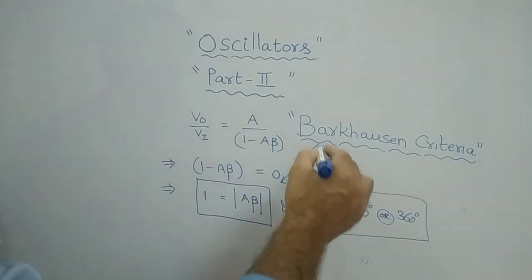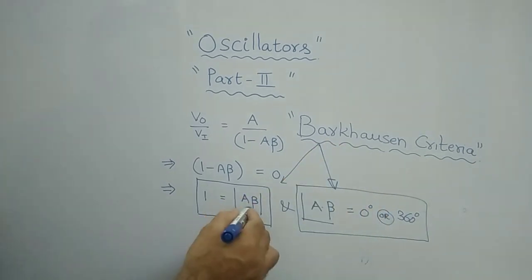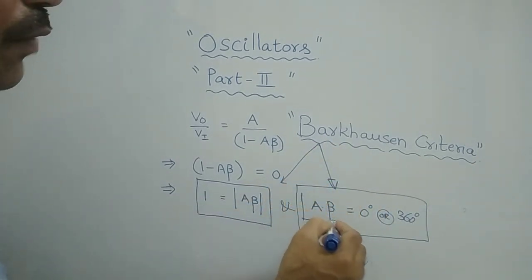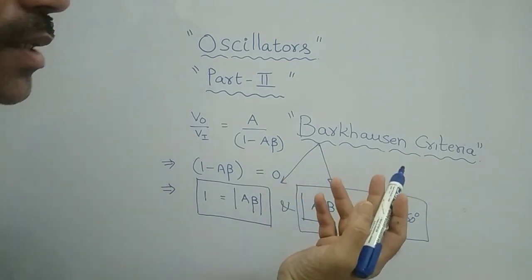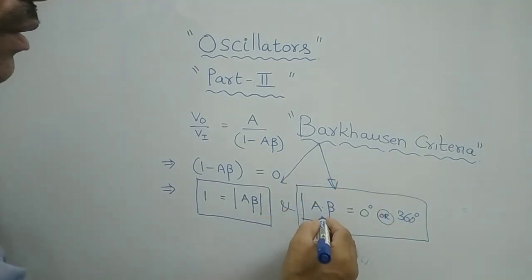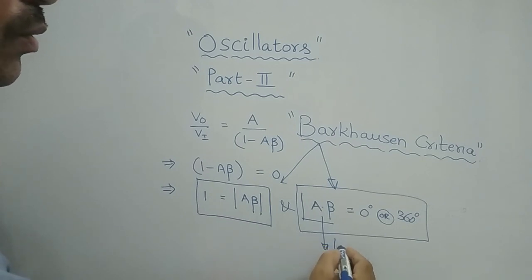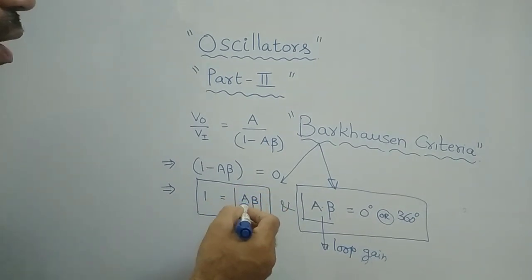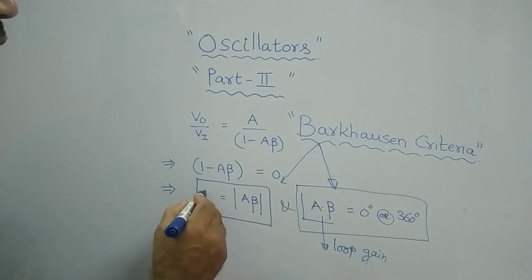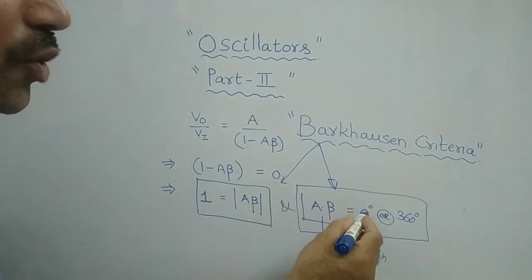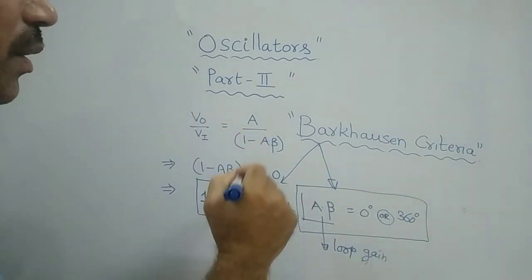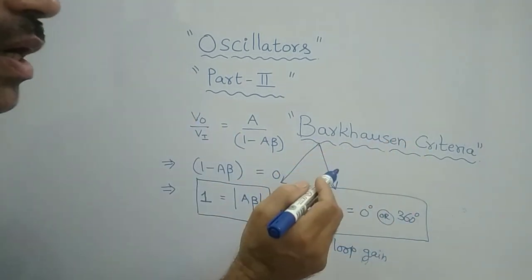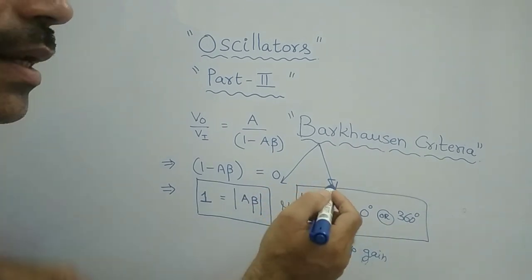The magnitude of the loop gain must be equal to 1, as well as the angle of the loop gain. That A into beta, this product, is called the loop gain, right? The product of the gain must be equal to 1. And if you take the angle, it must be 0 degrees or 360 degrees. These two conditions are collectively called the Barkhausen criteria, and these are the criteria required